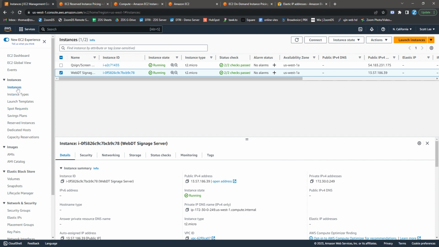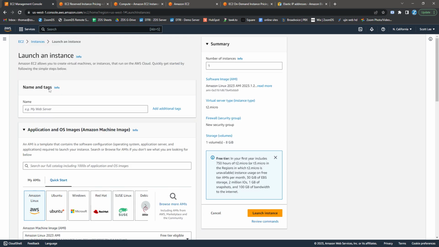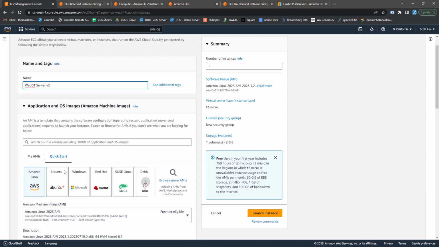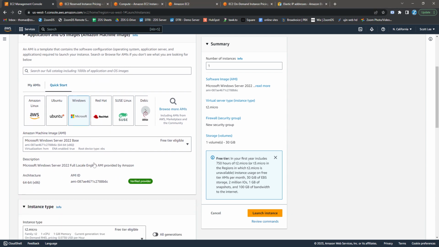So let's go to launch instance. All right, what I'll name it will be DP server version 2. I'm going to go to Windows, and then